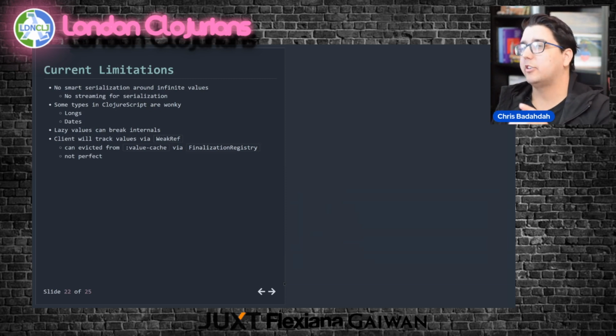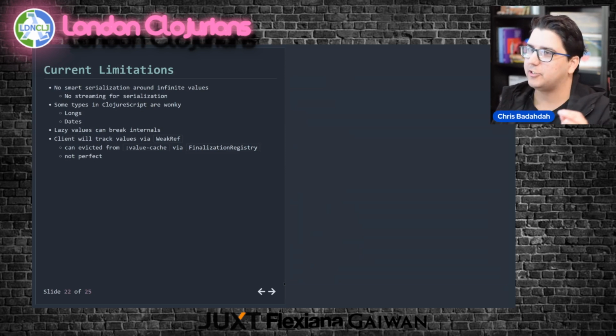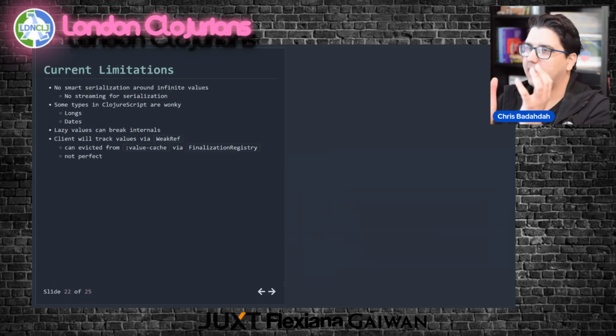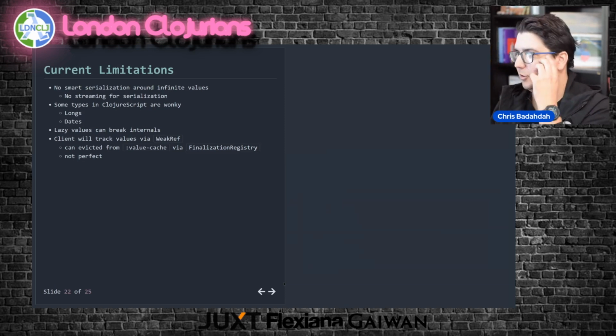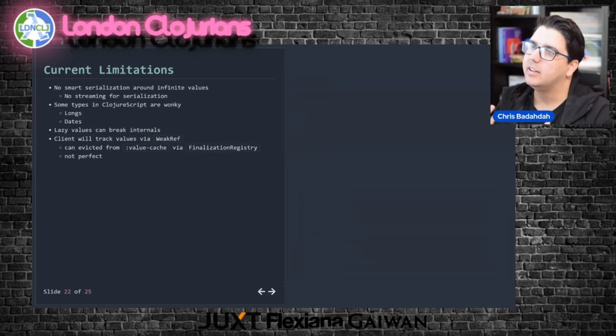And then another thing I actually encountered recently is that serialization isn't streaming. So you have to fit everything in memory for your data, and then you have to fit the serialized representation. So you have to fit both in memory, which is a limitation. Something that might get fixed in the future.